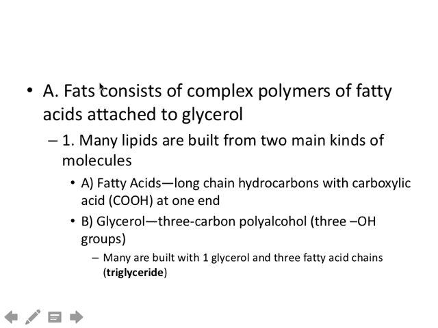So a lot of fats or lipids we come across, they have one glycerol, and then they have 3 fatty acids attached to it. And because of these 3 fatty acid chains that are attached to that one glycerol, we tend to call it a triglyceride. So 3, and then glycerol for the molecule glycerol, and then